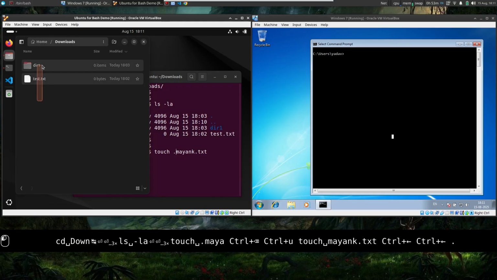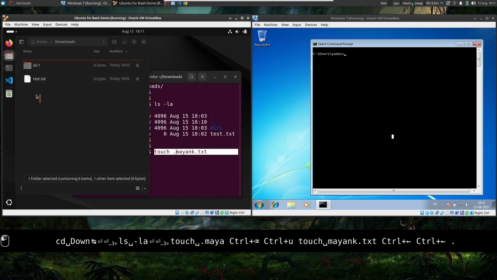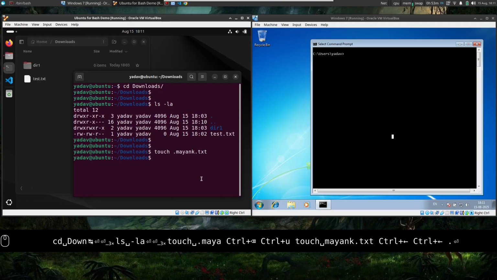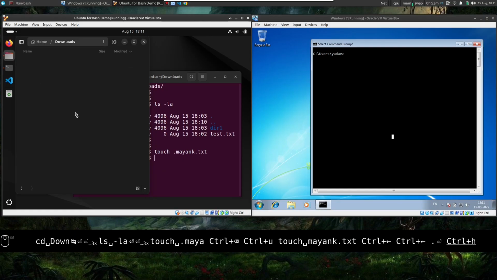Here you can see there is dir1, there is test.txt. Now I am going to create a file .main.txt. Focus on this part. What happened? Nothing. It doesn't show me any file got created. But if I show hidden files, which is Control H, then we see there is a file.